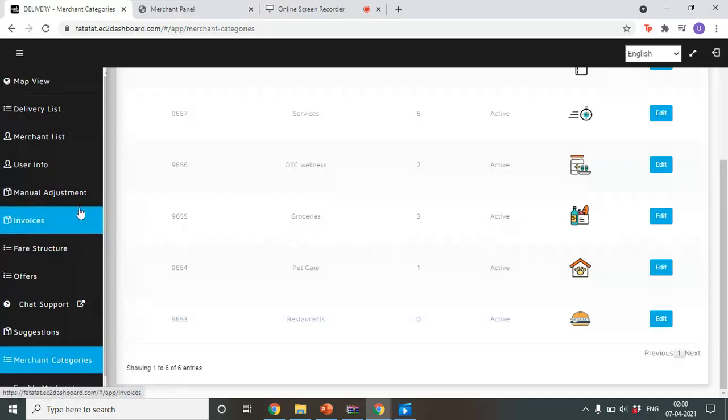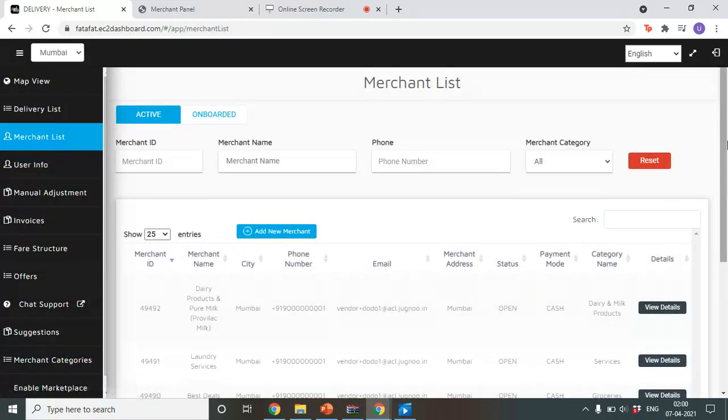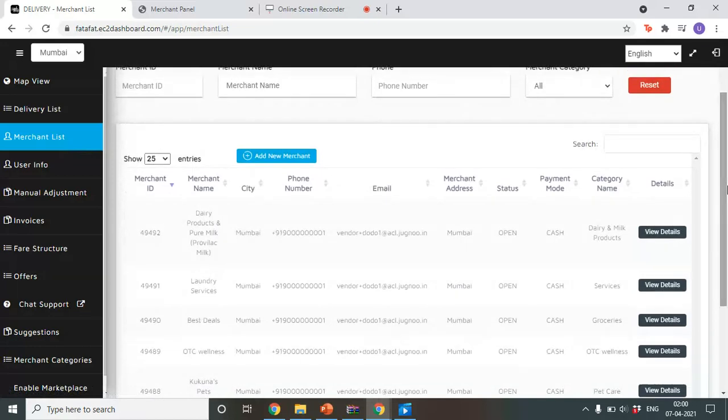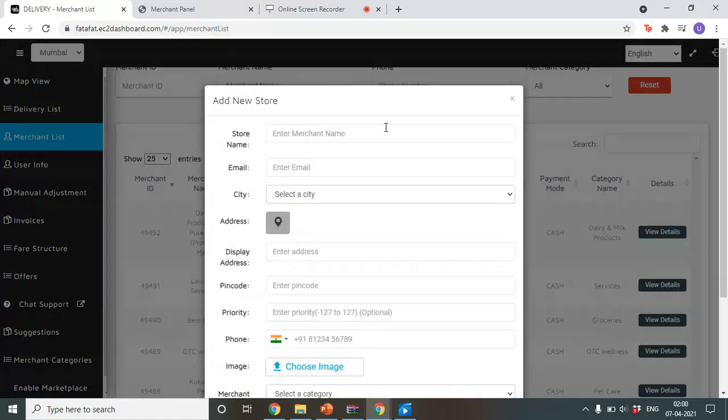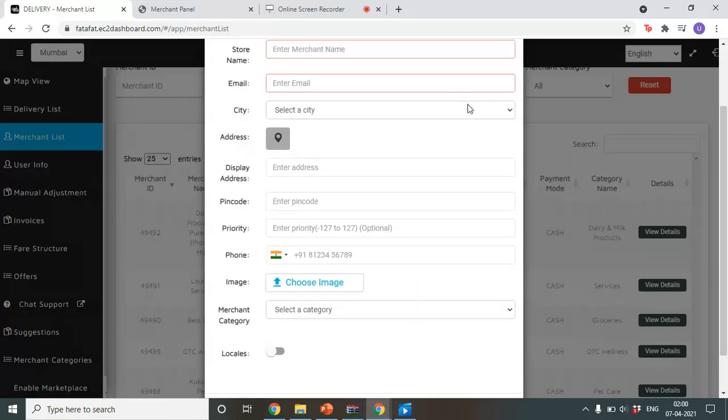Now I'm also going to show you how we can onboard any other merchant who wants to get added with us. We have to write the store name, write the email if any, select which city that merchant is in, enter the particular address where the merchant is situated, pin code, priority.